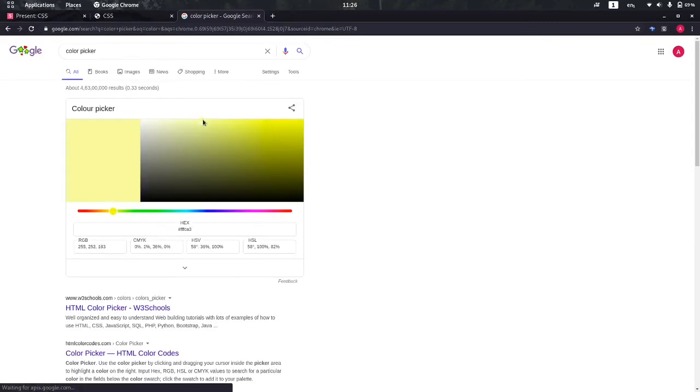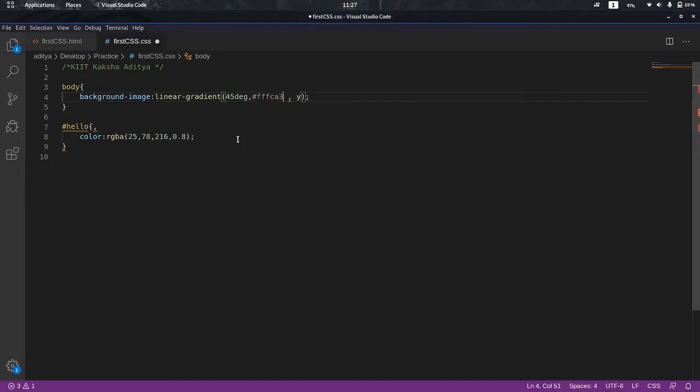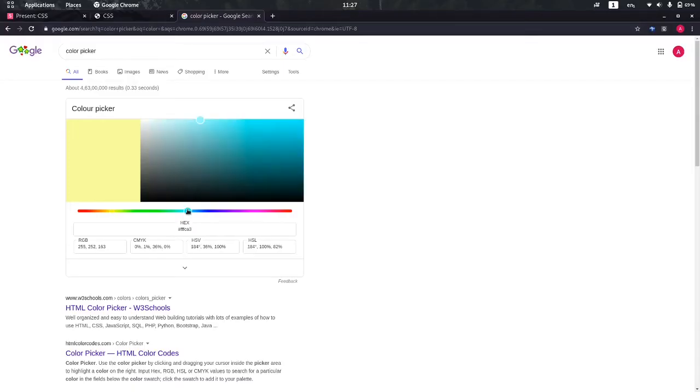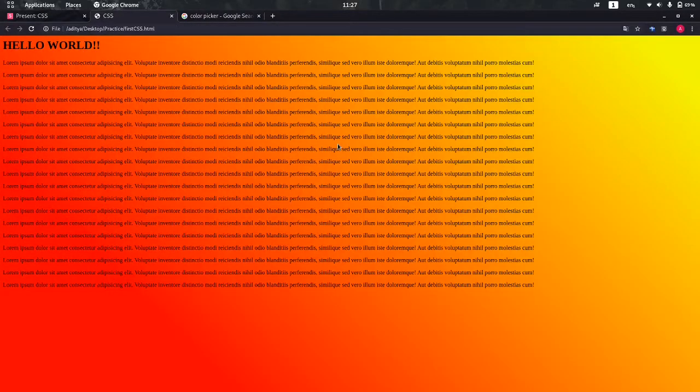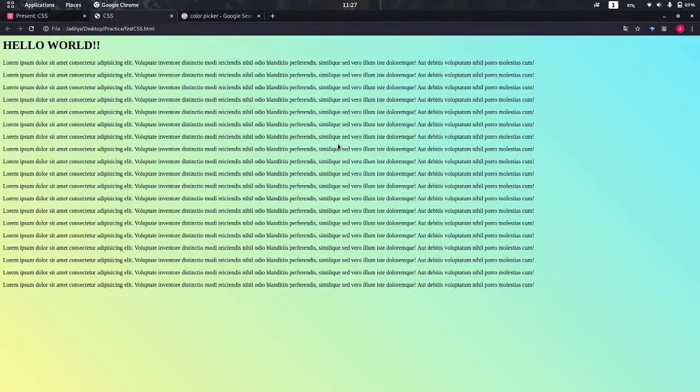I will choose this one and this. Just copy and paste the hexadecimal value, save it and refresh the page. So you can see the transition is happening from left to right.